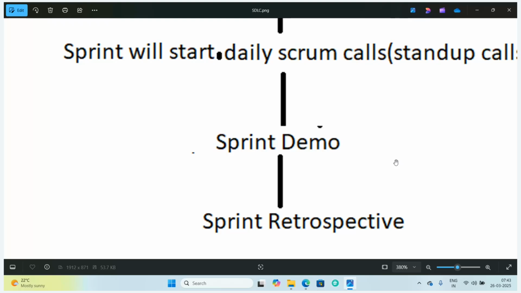In the same way, once we complete the release, we will have a release demo. In the release demo, these are all the requirements that we planned, these are all we have completed, and this is how the product is going to look. Then within 3 months, the business will be able to give their suggestions or additional requirements, stating that, yes, see, nowadays